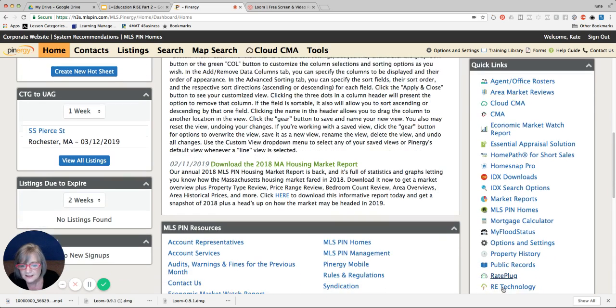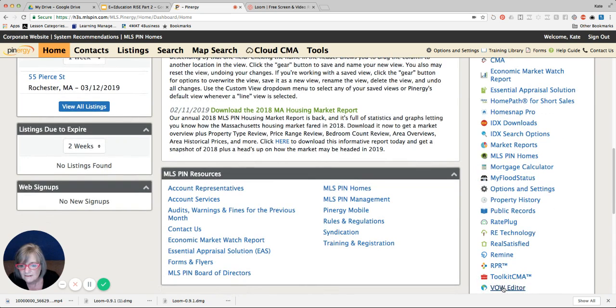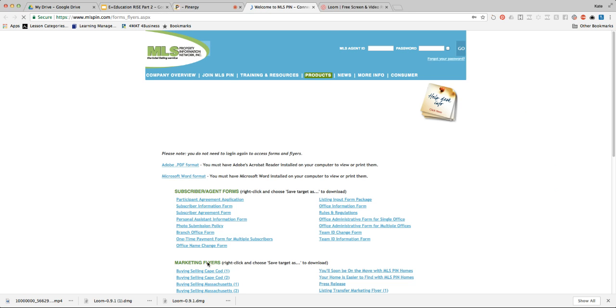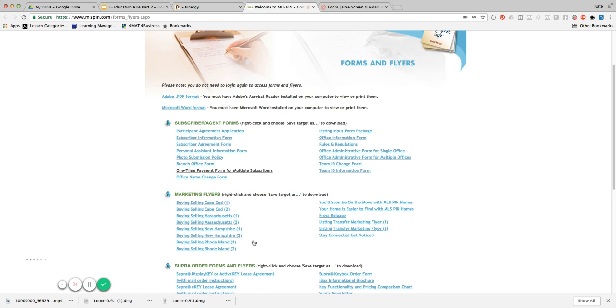Okay. So as we scoot down, right, some of the other things that I just want to point out here is account services, audits and fines, economic market watch report, forms and flyers. Okay. I don't want to click on this right now, but this would be where all the different actually, I am going to click on it. So you click on this, and let's just say you wanted a marketing flyer. You guys are in Massachusetts, right? So buying and selling in Massachusetts. So let's just say you wanted to do this,